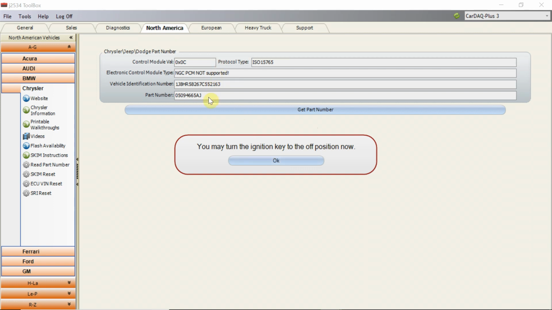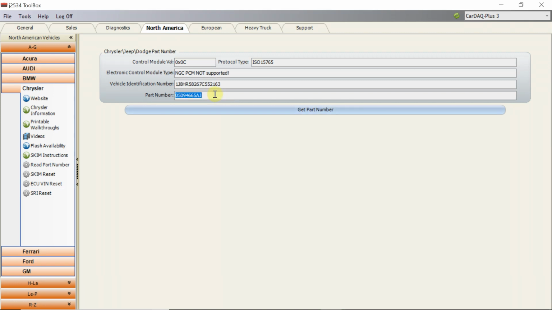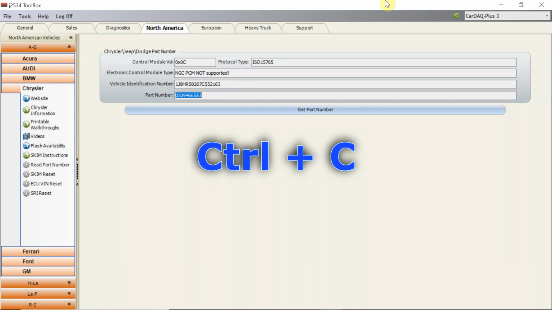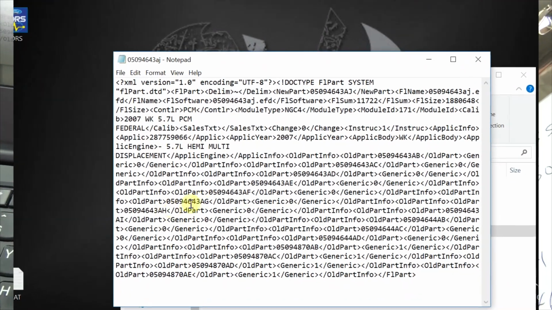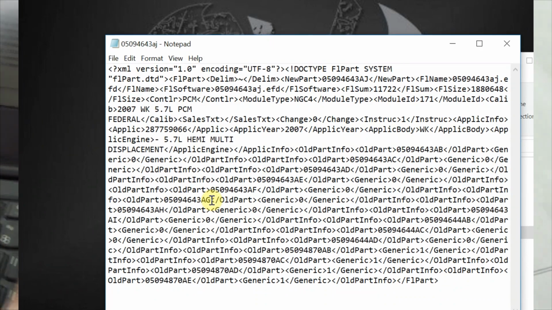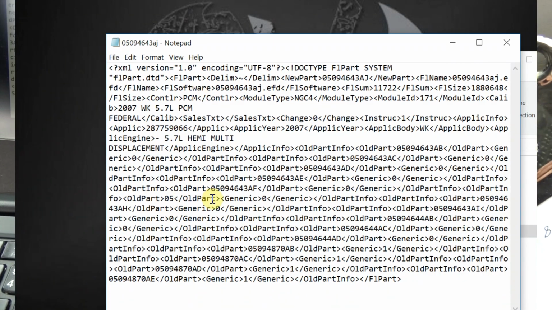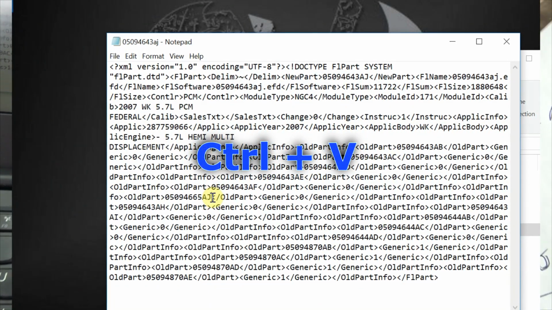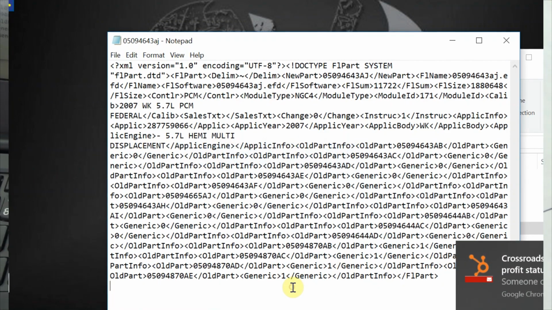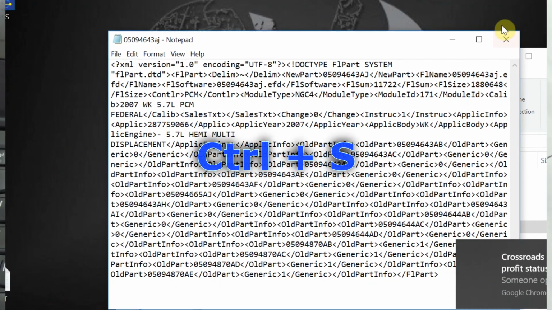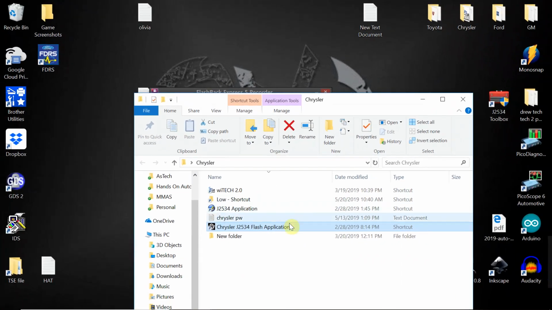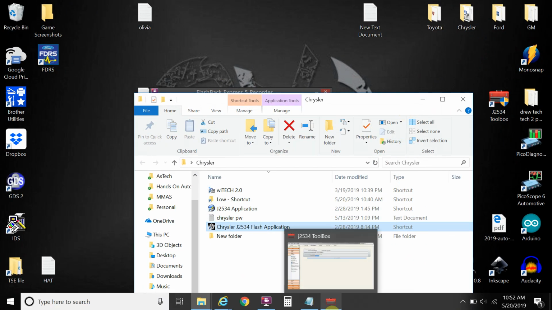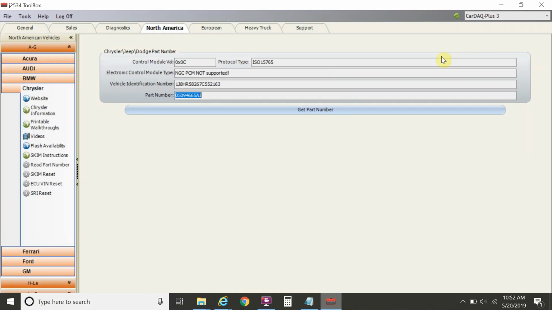So we've got to take this wrong calibration number and paste that into the old calibration numbers listed in that file. So Control C, and we're going to go back into this file here. It doesn't matter which one we do, we're just going to grab any of these and hit Control V, and we're going to save this. Control S, so we save the lookup file. Now we're going to go back to our J2534 application, close out our toolbox,